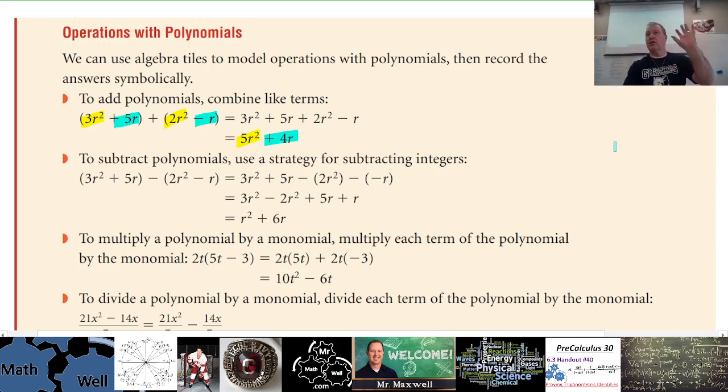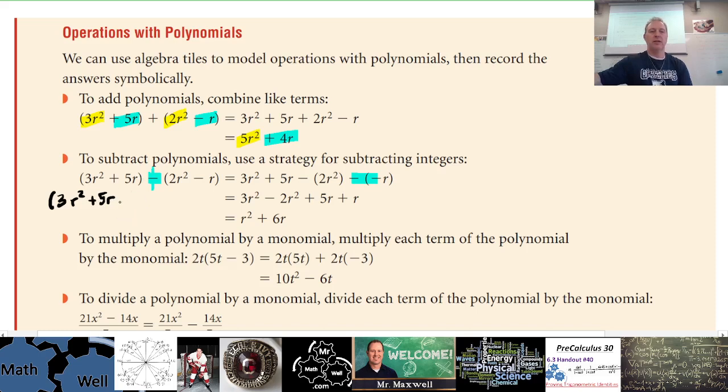It gets a little bit trickier when you're subtracting. And when you're subtracting, the best thing to do, and this is the way we learned it, is to change this to a sum, to adding, and then change all the signs of the terms in the second polynomial. They sort of didn't really do that here. This is an example where they subtracted all of the terms, but then you get into multiple signs and stuff. So you can do it this way like they show in the book, which is slightly different than what I taught you. But a good idea, I think, would be to go 3r squared plus 5r,